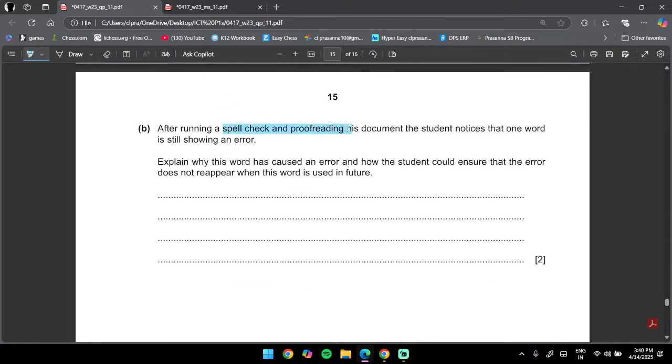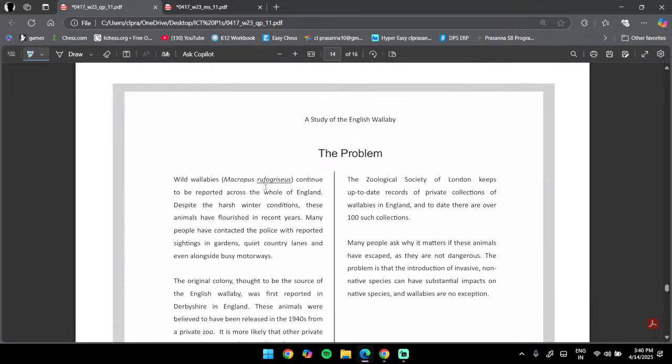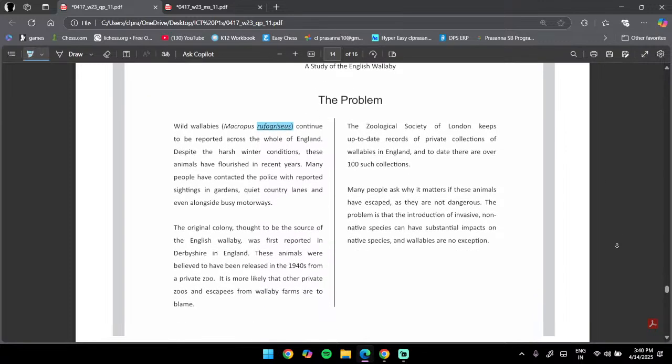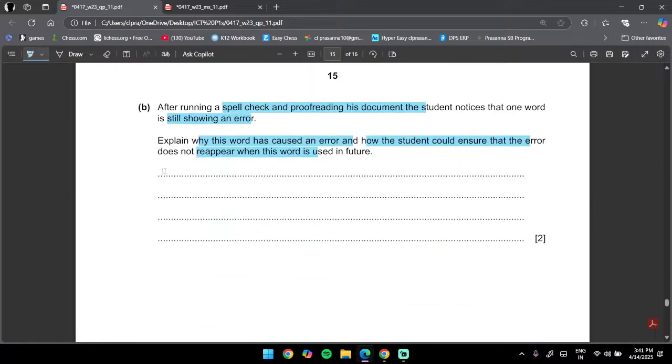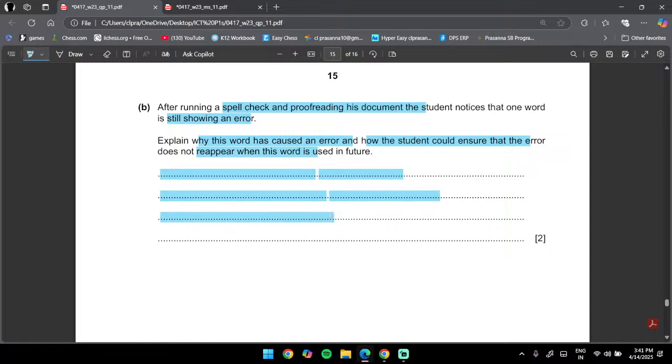After running a spell check and proofreading his document, the student notices that one word is still showing an error. Explain why this word has caused an error, and how the student could ensure it does not reappear when this word is used in the future. There are two parts to it. I don't even know how to say the word. It's because this word is not part of the English dictionary. The software only uses the English dictionary and the word used is not an English word. I think it's a Latin word. So in order to prevent it, you can add that word to the dictionary, ignore it, or add the Latin dictionary itself to your